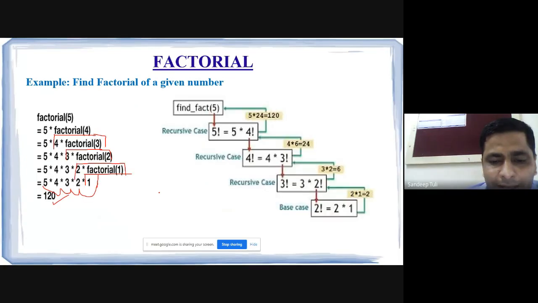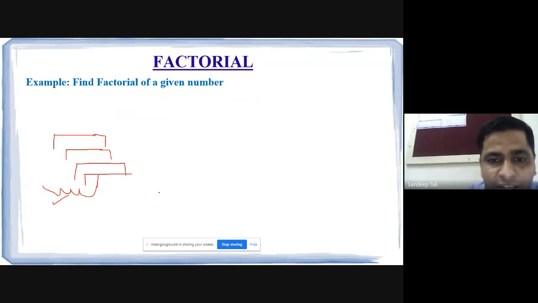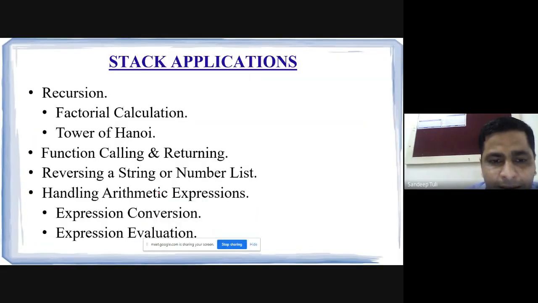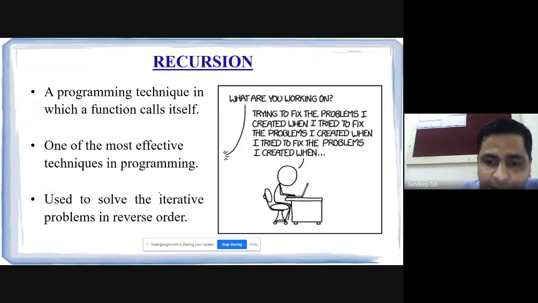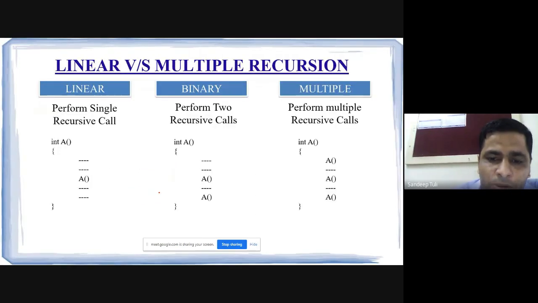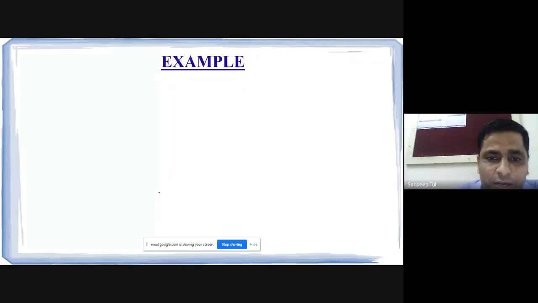Now, the next thing is how stack is being used. Why are we studying all this? Why are we using recursion? Why are we studying recursion in case of stack? Actually, what did we initiate? We started stack. Our topic was stack, and now we are discussing the application of stack. So we should be able to answer how stack is being used in recursion. My next PPT shows the answer to why and how stack is being used in recursion.